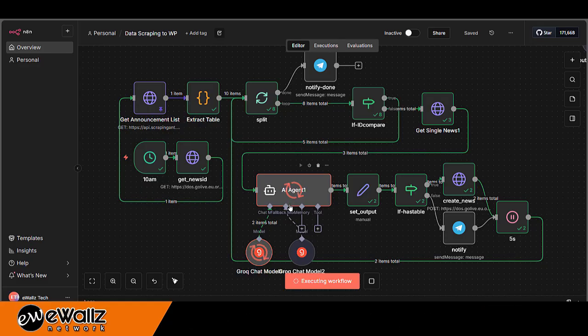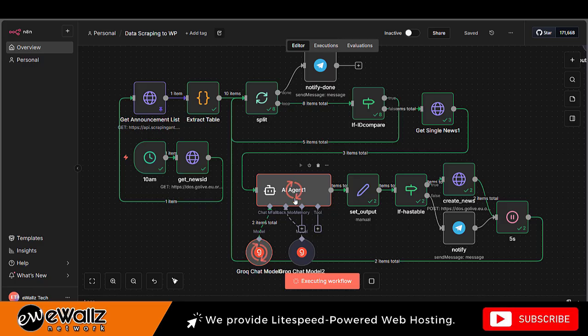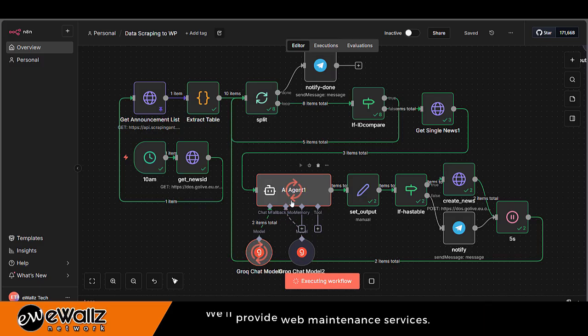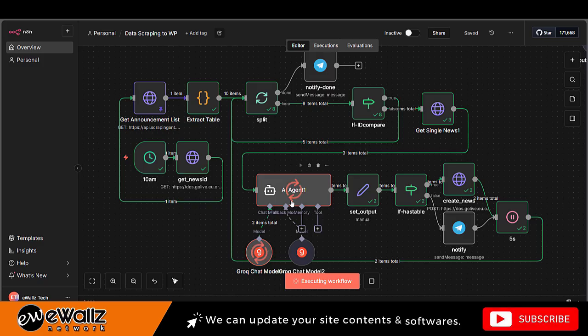This is the bottleneck of this workflow, actually, the AI agent processing. Sometimes the AI agent will take a long time, and sometimes it will be quick to do the restructuring of the data. In this AI agent, we actually use two Grok models.